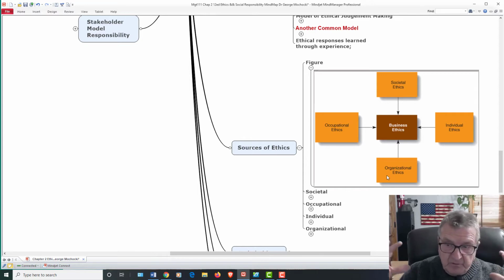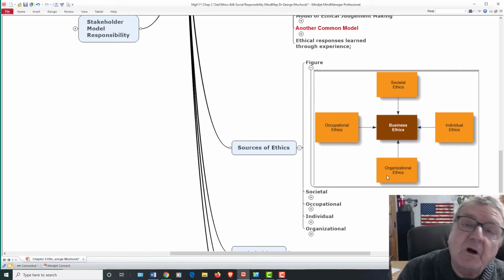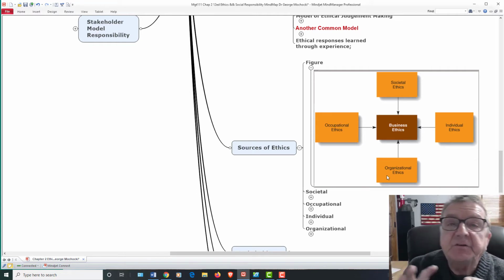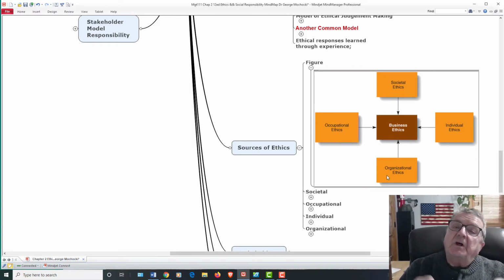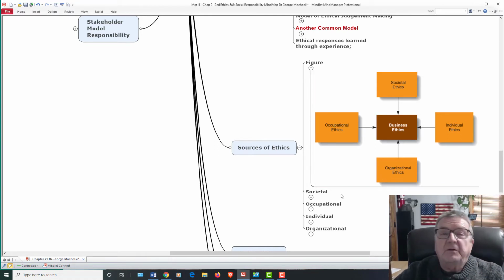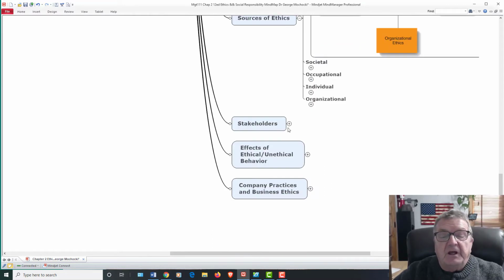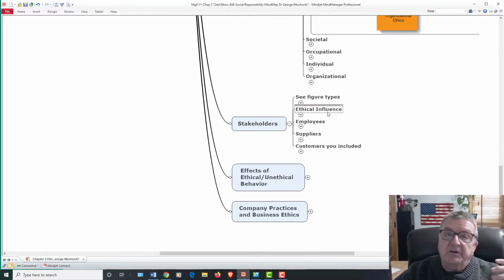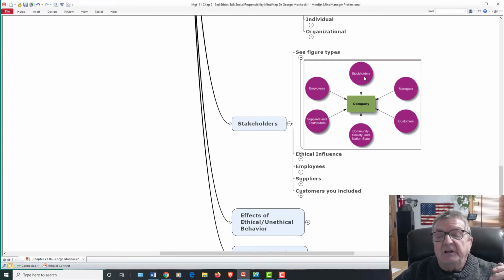All right, sources of ethics. When I look at this figure, basically this is the source of ethics. That's what the rest of them are basically talking about: the business, my individual, how I was growing up, what my parents or the person that I looked up to, my caretaker, instilled the ethical values with it. Society. What does society say is ethical or not? Organization I work with. Some organizations say, that's okay. We get cheated a little. We're just taking money away from the government. We give it back to the people.